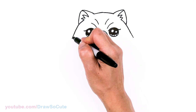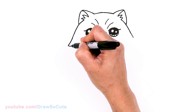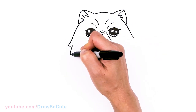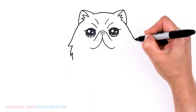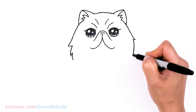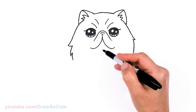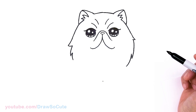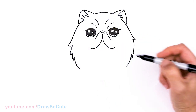So I'm going to bring this out. I'm going to widen it out a little bit. Give it a little curve here, and then I'm going to start to bring it down. A bunch of zigzags. So same thing here. One here. Just back and forth. And I want to aim towards the center about right here. I'll just give myself a point so I know where I'm going. To right there,